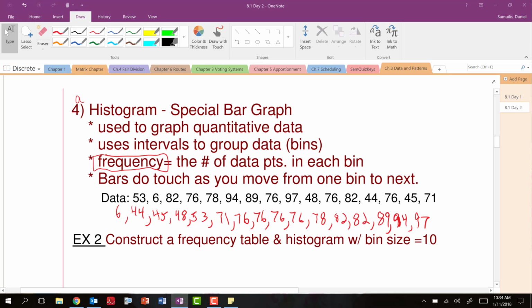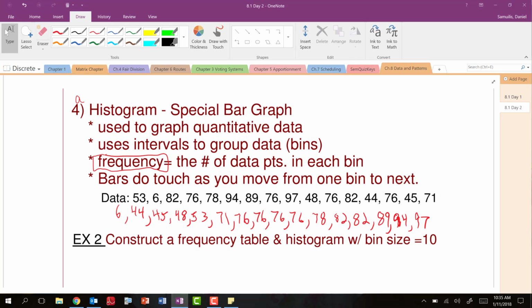Okay, so now I put 4 here, but I stuck a 4A because 4 yesterday, histogram, there were 2 different types listed, and we'll cover those 2 right now. It's a special bar graph. And I don't know if these are hard and fast rules, but I think this one is that the bars do touch each other as you move from one bin to the next. And a bin is the grouping of the data and how many happen within that group. And again, the word frequency, how many times something occurs. Okay, so remember, that's why I have that boxed off. I boxed that off one of the last 2 periods saying that again. All right, and then